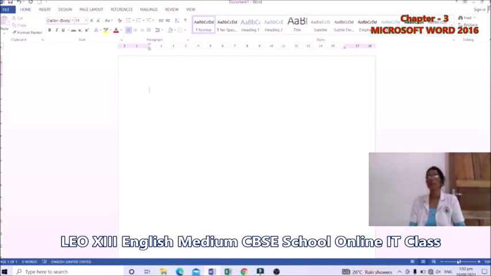Look, this is zoom control. Okay. Last is scroll bar. This is scroll bar. Children, this is scroll bar. We can scroll our document. Okay.